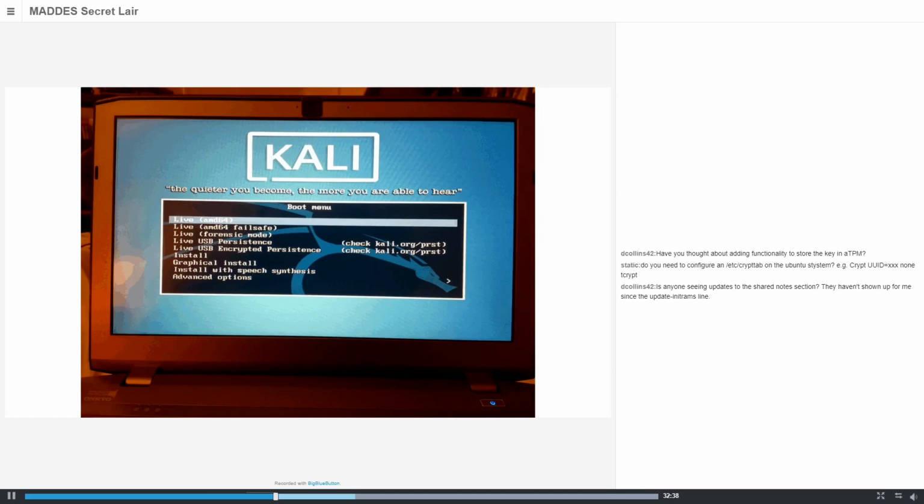Now, the best thing to do for the initramfs inside crypttab is to copy a copy of your key file and put it in, say, your root directory, or in a root key file directory, and keep it so only root has access to it, because that way when it goes and looks for it to update your initramfs every time, it just grabs it off of your hard drive. Now that is secure because your system's always